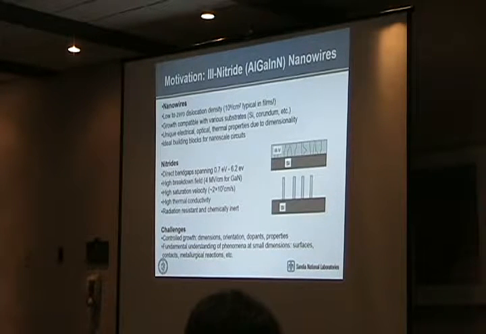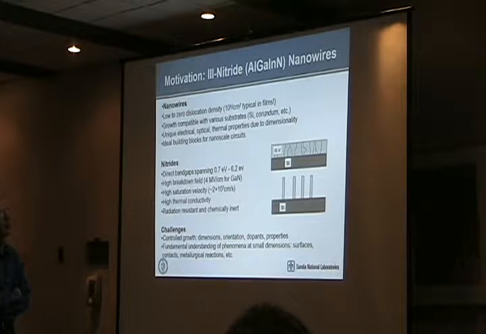Motivation, well, there's a lot of motivations. Nanowires, of course, particularly with respect to nitrides, have very low defect density. I'll show some of that. Their growth is compatible with a variety of substrates, including silicon, so it gives you the opportunity for integration of direct band gap materials with silicon. And of course, as Victor was pointing out, there are a lot of unique optical and electrical properties when you get down to small dimensions. We're not always quite to those dimensions, but it's useful to keep that in mind, as that can give enhanced